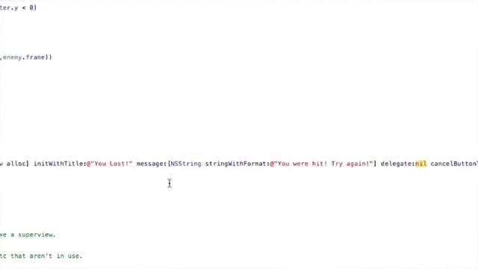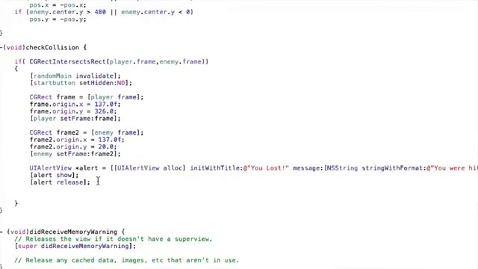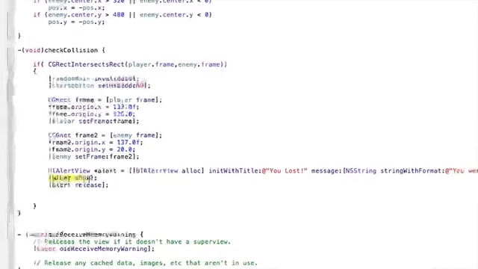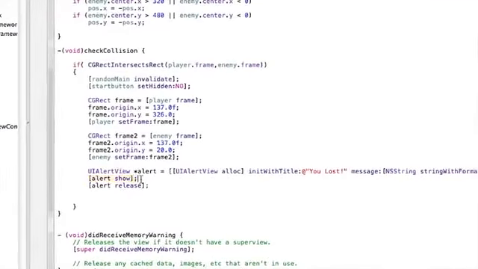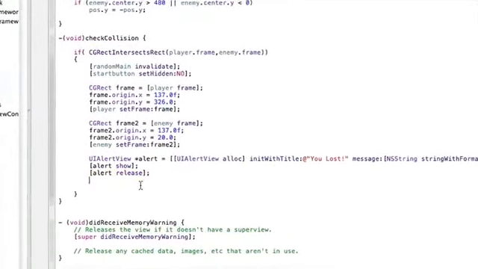It'll prompt you and add the text as you go, just so you can easily switch between the message and the title and the buttons. You want to do [alert show]; make sure you have a semicolon over here. [alert show]; [alert release];